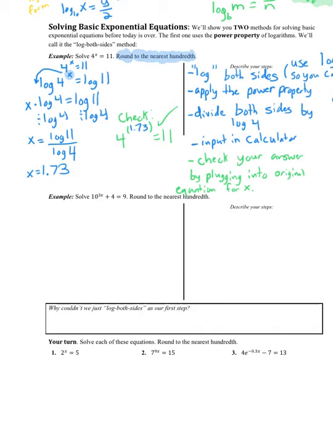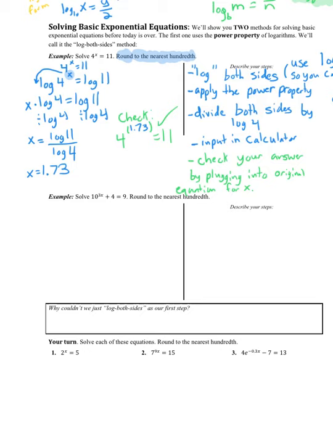Now, so that's what log both sides looks like. Personally, I really like the log both sides method. I think I prefer it because it's algebraic to me. I like being able to see, oh, I just log both sides, that's what's going to happen. Okay. The other method you could use, we'll show you on the second problem here, is,